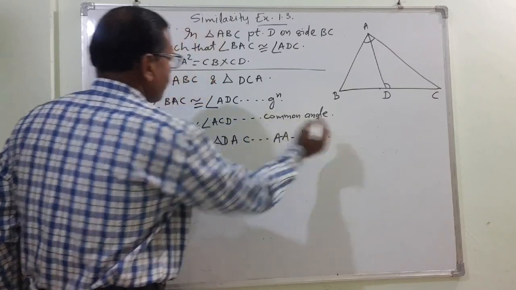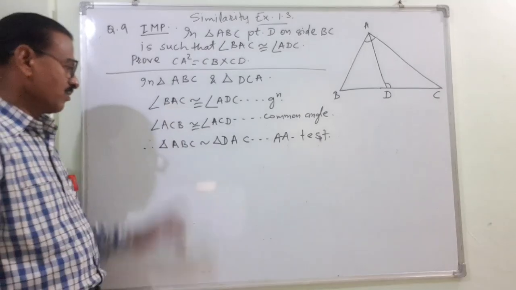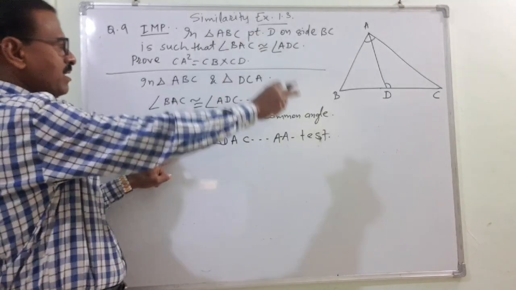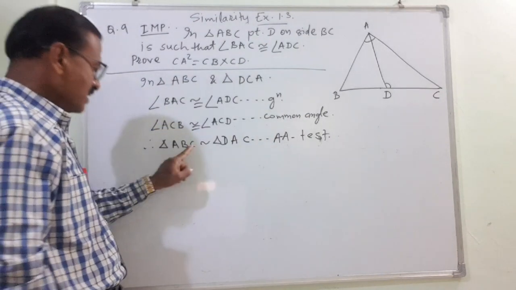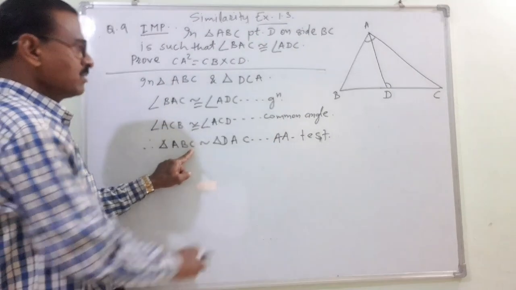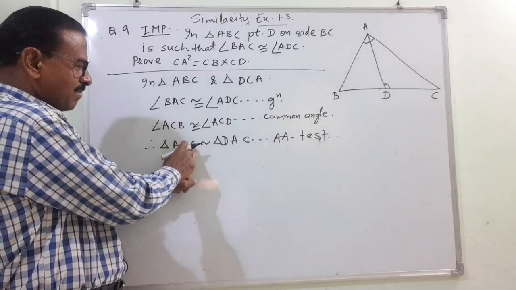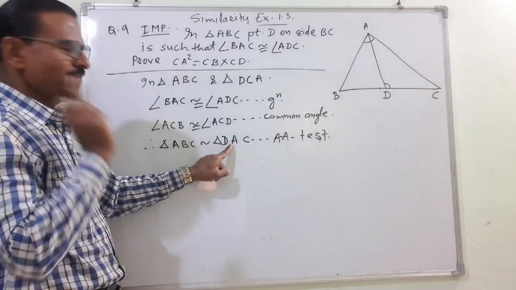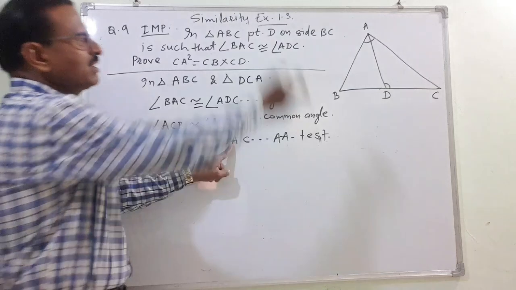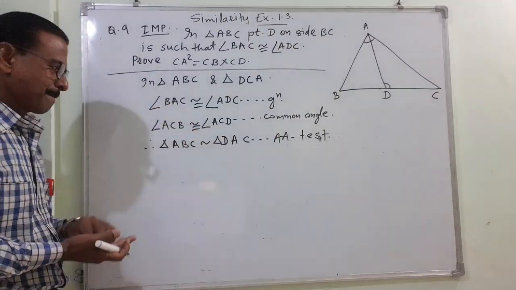How I am filling, that way you just take care of this. How I am taking this A of bigger triangle is equal to D of the smaller triangle. Then C I know. C of the bigger triangle and C of the smaller triangle. This C is at the third place. This C will be also written in the third place. One place will be vacant. So which is that remaining? A is remaining. So I have written that vertex A.